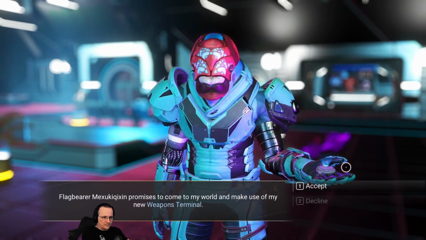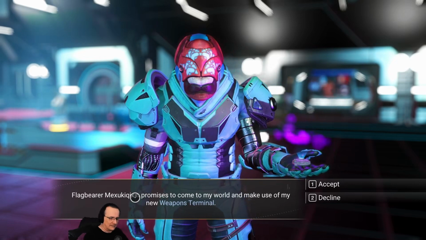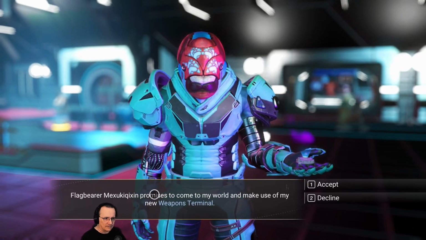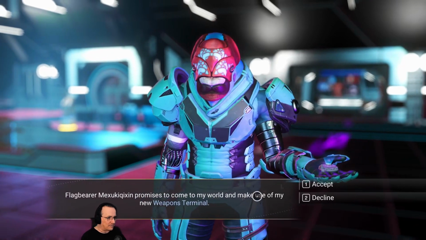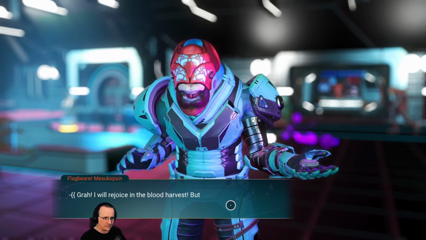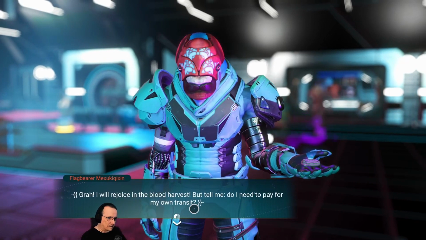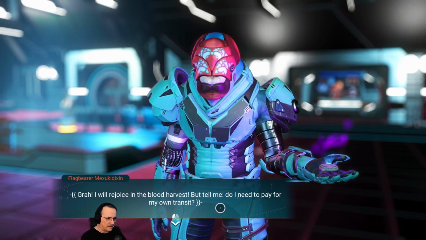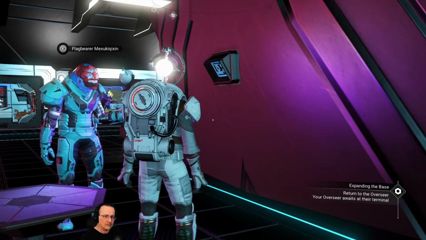Flagbearer promises... These names, come on. Give us something that's pronounceable, at least. This is a story, guys. Remember that. Promises to come to my world and make use of my new weapons terminal, except... "Gra, I will rejoice in the blood harvest." You know, sentinels don't have blood, just so you know. But tell me, do I need to pay for my own transit? "No, you can come aboard if you want, but..."